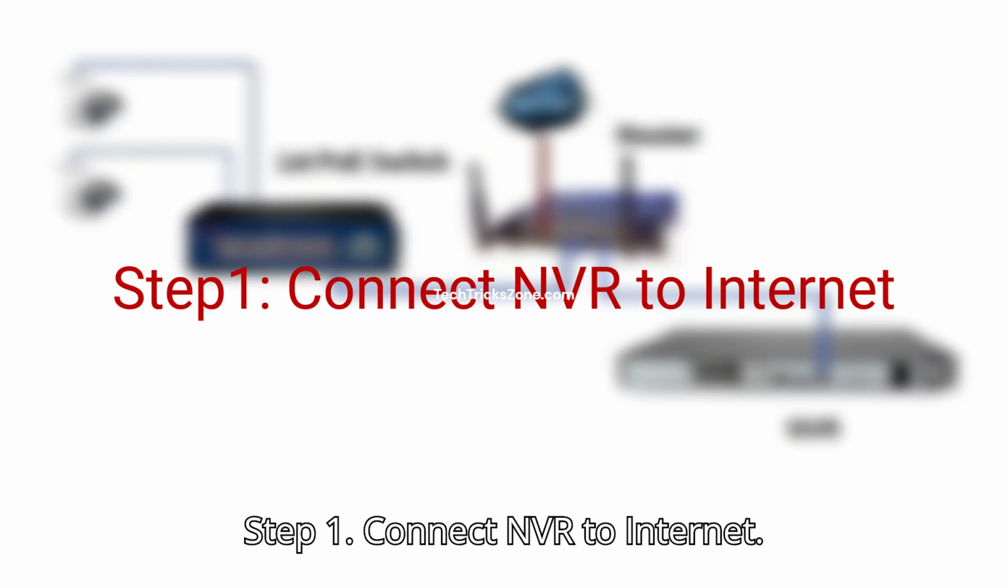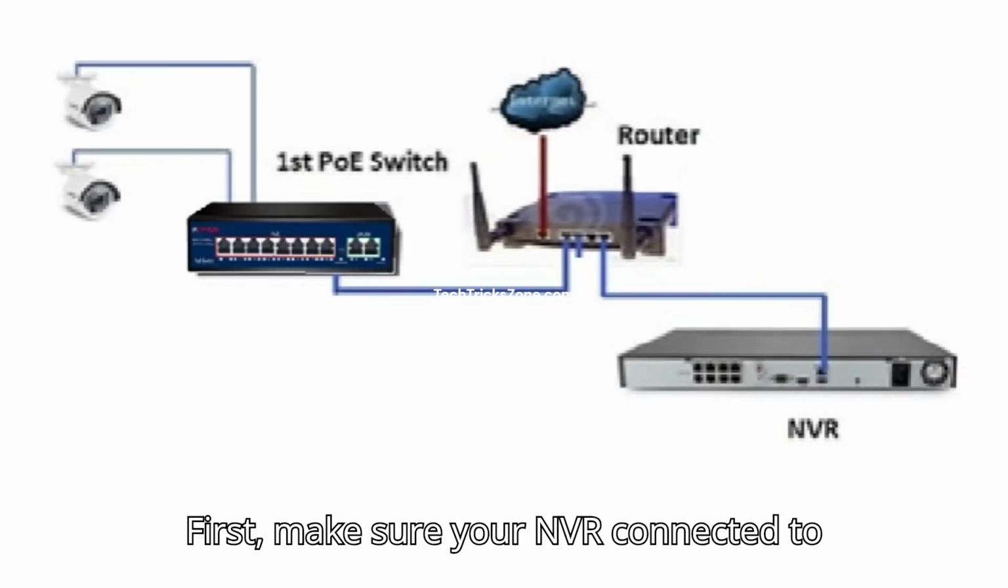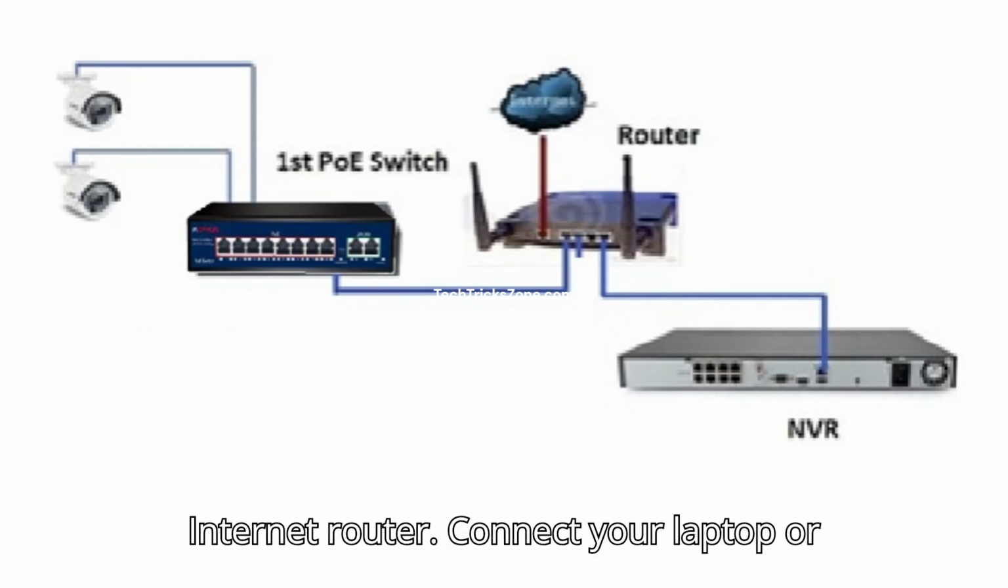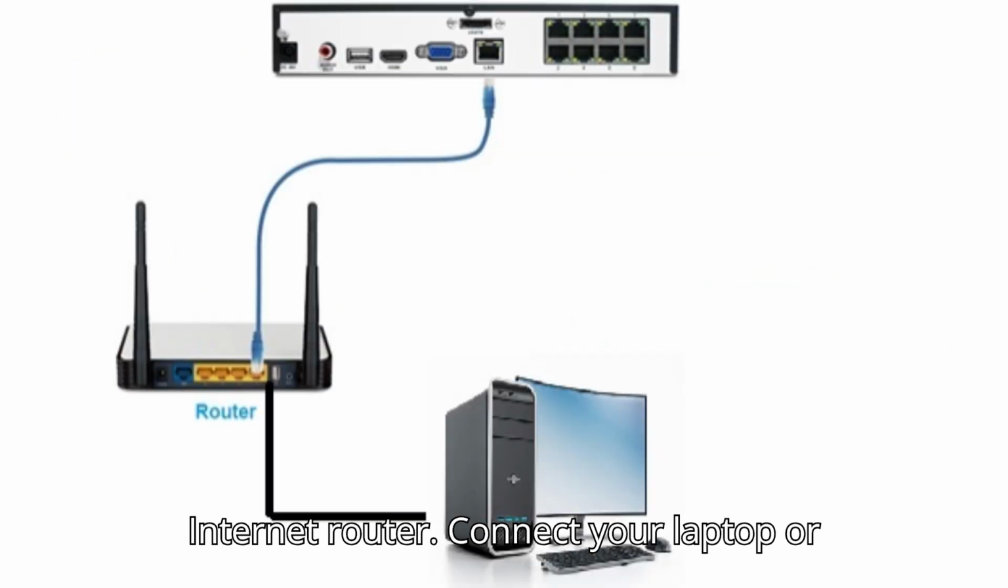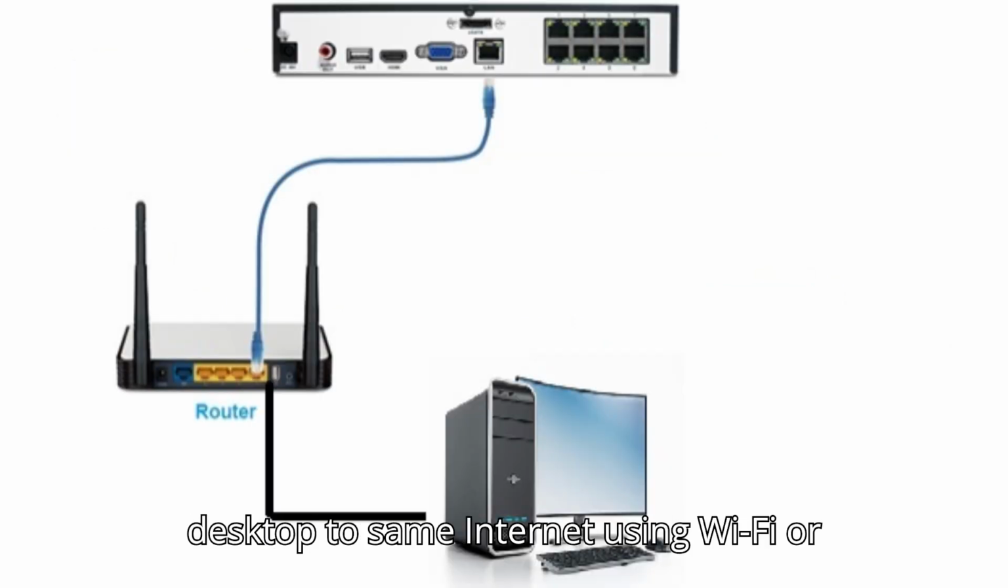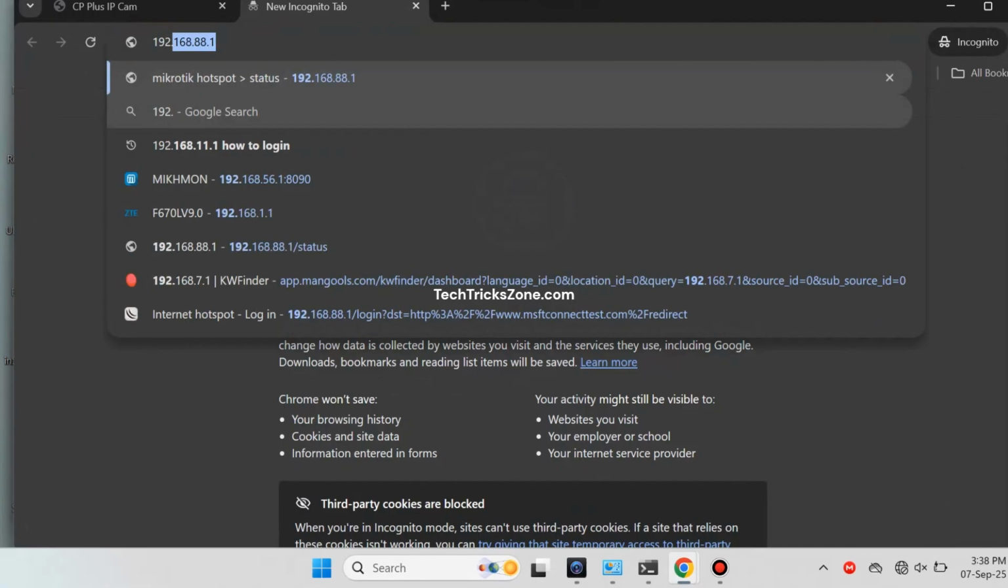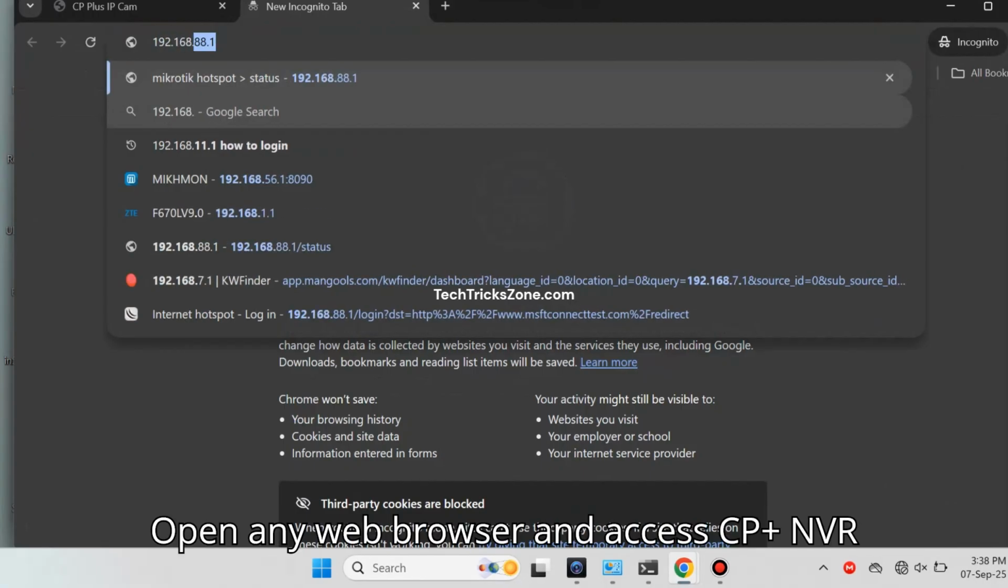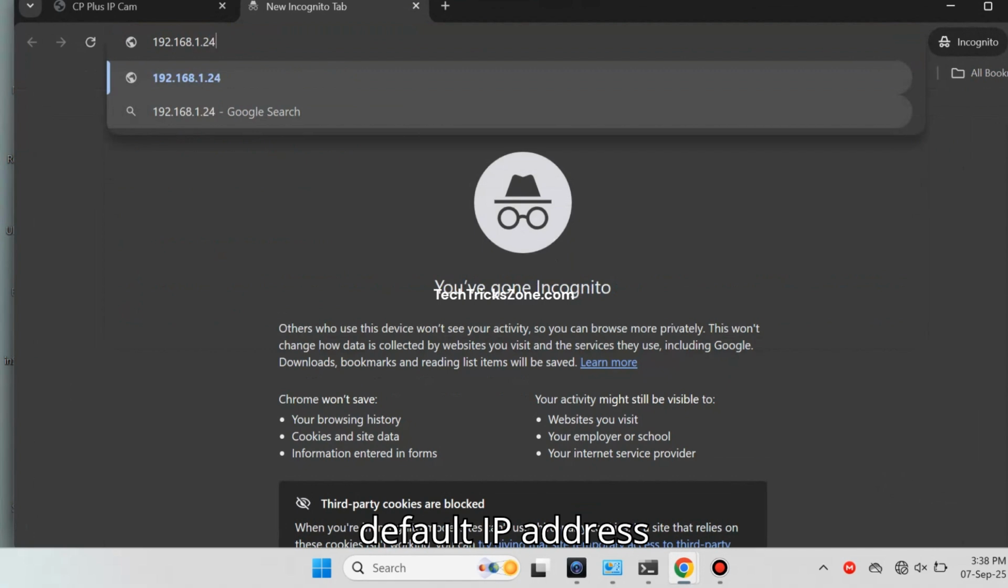Step 1. Connect NVR to internet. First, make sure your NVR is connected to the internet router. Connect your laptop or desktop to the same internet using Wi-Fi or a wired connection. Open any web browser and access the CPPLus NVR default IP address